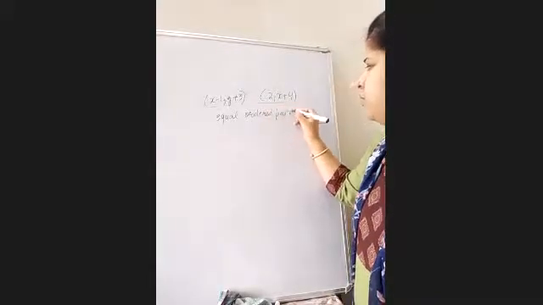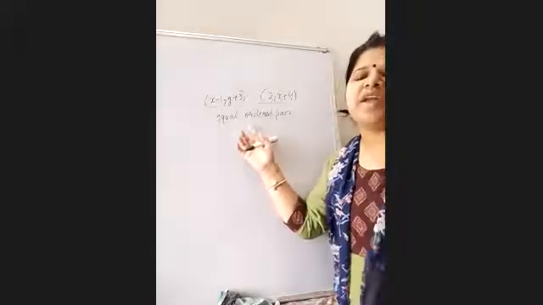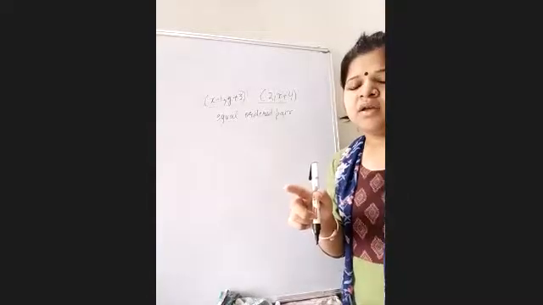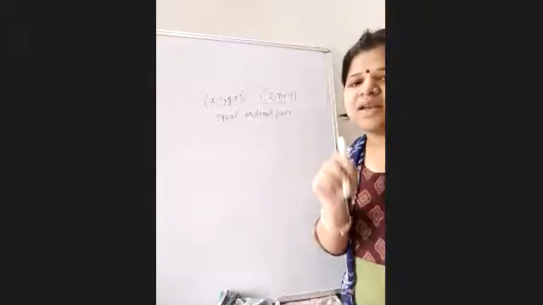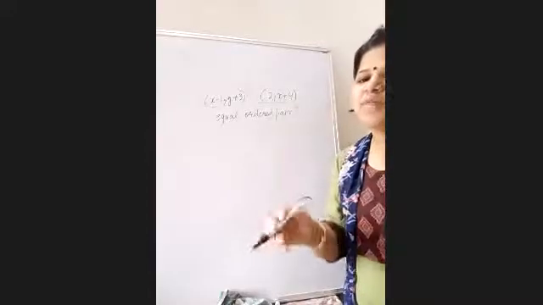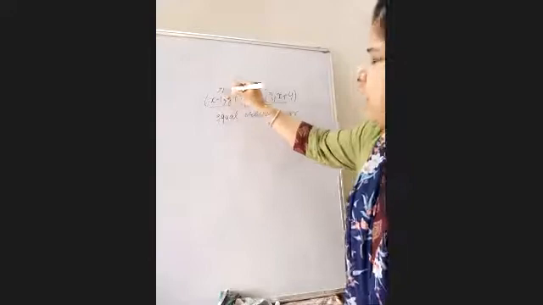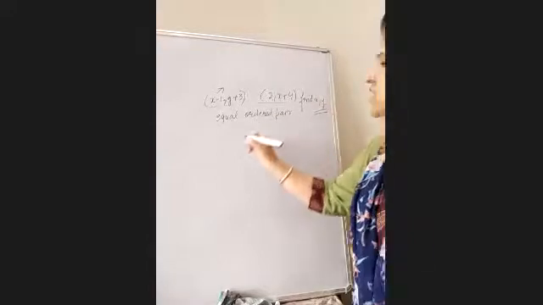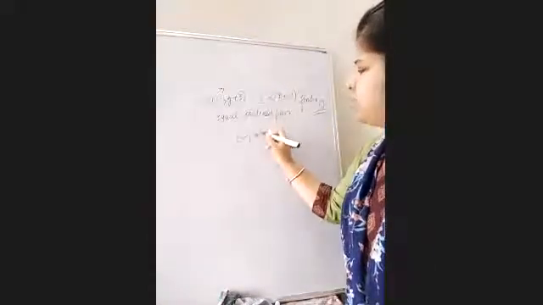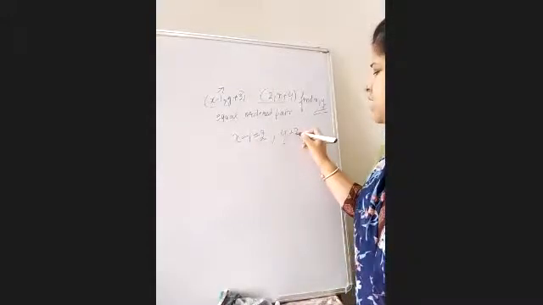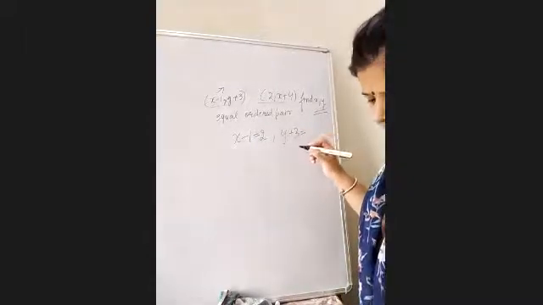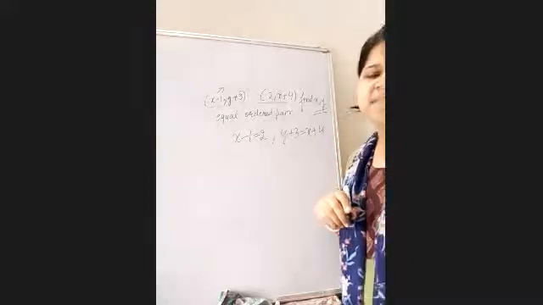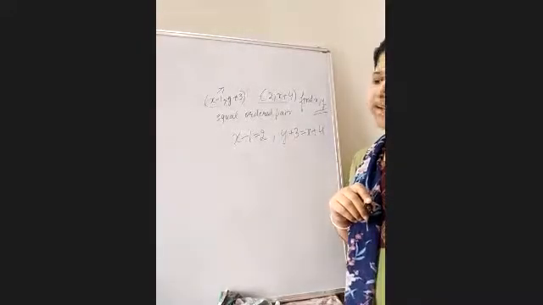Okay, now what we have learned कि अगर आपके पास जो पेयर है वो इक्वल हो जाए, what we say that first element is equal to the another element. Okay, जो first order है उसका first element किसके equal होगा, it is equal to the first element of the another one. So here you have to find, question is to find x and y. क्या find out करना है, x and y. So first is x minus 1 that will come equal to 2 and second is y plus 3 that is equal to here x plus 4. Yeah, that is equal to x plus 4. First element किसके equal है, first के equal and second element is equal to the second. Okay, so how to find it, let's see.